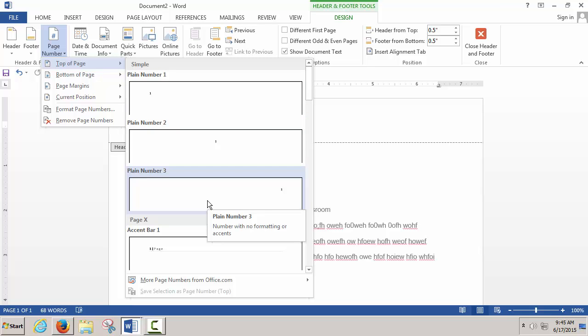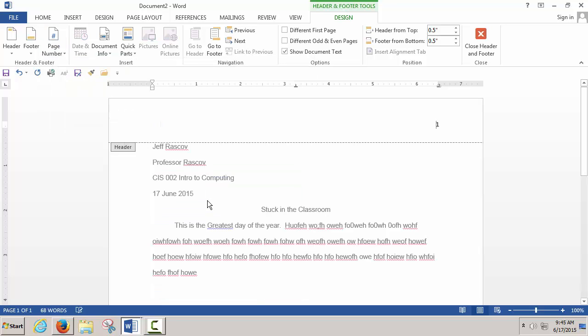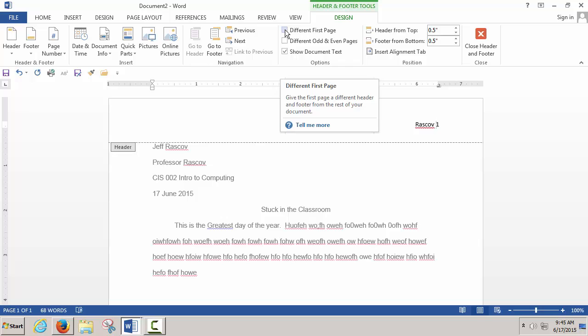Do you see that? Click on that, and then type in your name in front of the page number, and then put a space. And then the last thing you're going to do is different on first page right here. See where it says different on first page? Yes? I thought on the MLA format we're still supposed to have page 1 on the first page. No, you can. It says in the MLA format you follow the instructor's instructions according to the page number, and